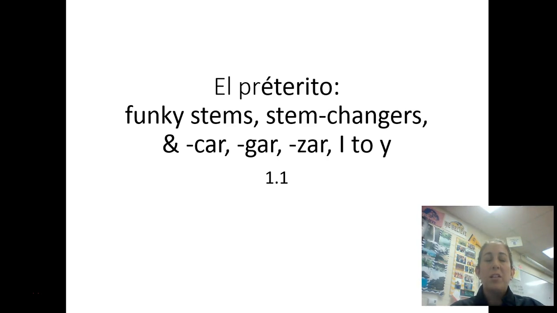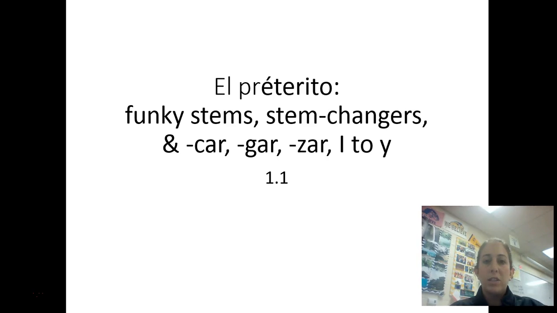Now that includes a lot of verbs, but we figured that it'd be best to give them to you all at once, so then you can practice them. Because really, out in the real world, you are not getting just cargar-zars or just stem changers. They're all mixed in together.